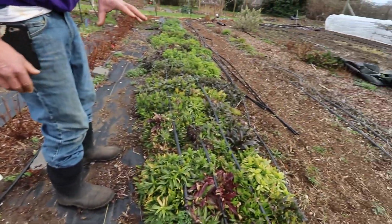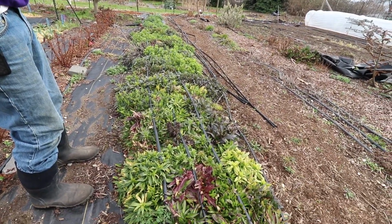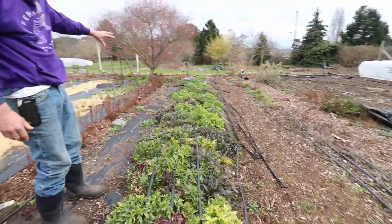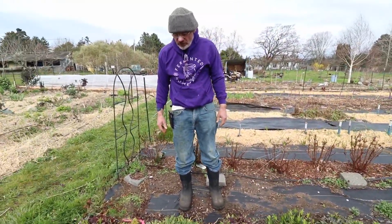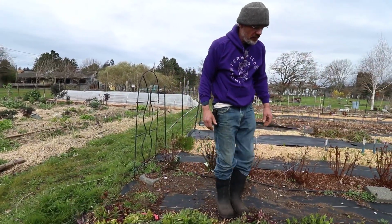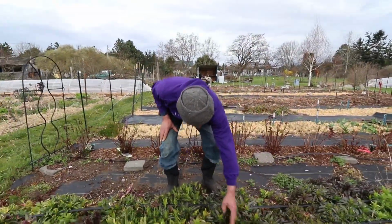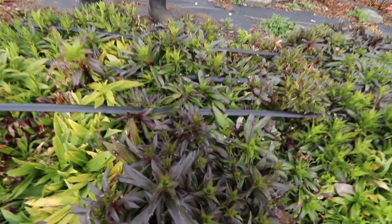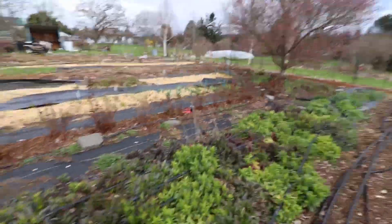Sweet William for this part, and they overwintered here, which is what you want, because this variety is a biennial, so they had to go through the full winter, and they made it through. I can see new growth coming up right here. Sweet William's one of my favorites. This thing is gonna be unbelievable when it pops. They smell so good. There's columbine down there, bachelor's button,